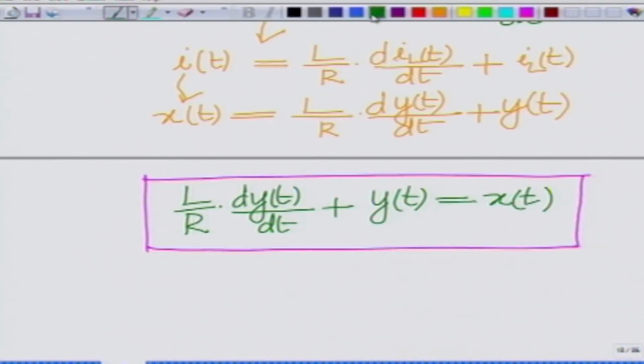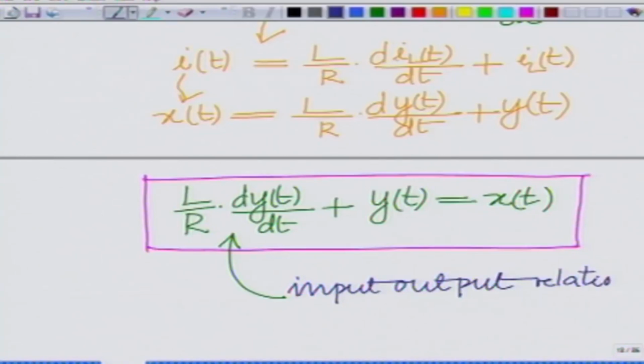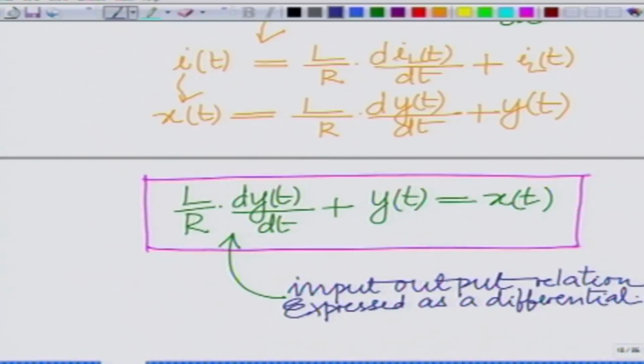This is an input output relation expressed as a differential equation,